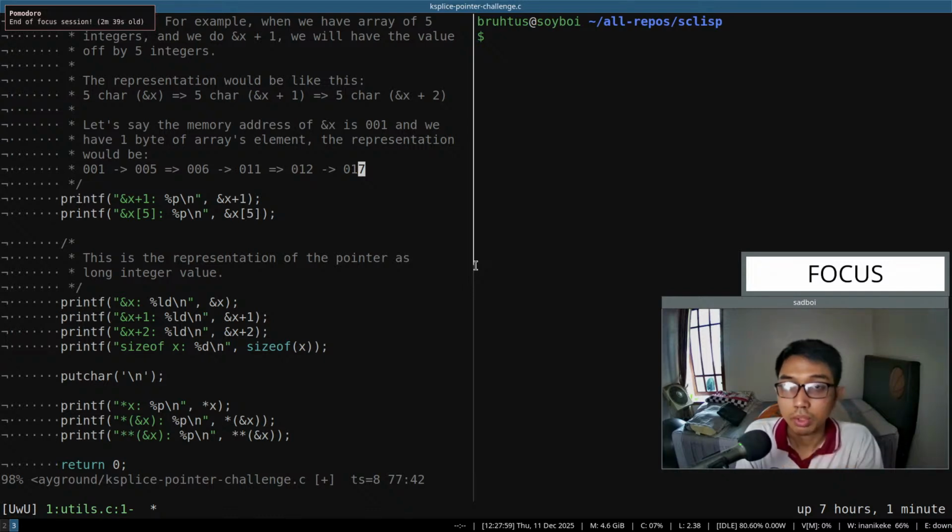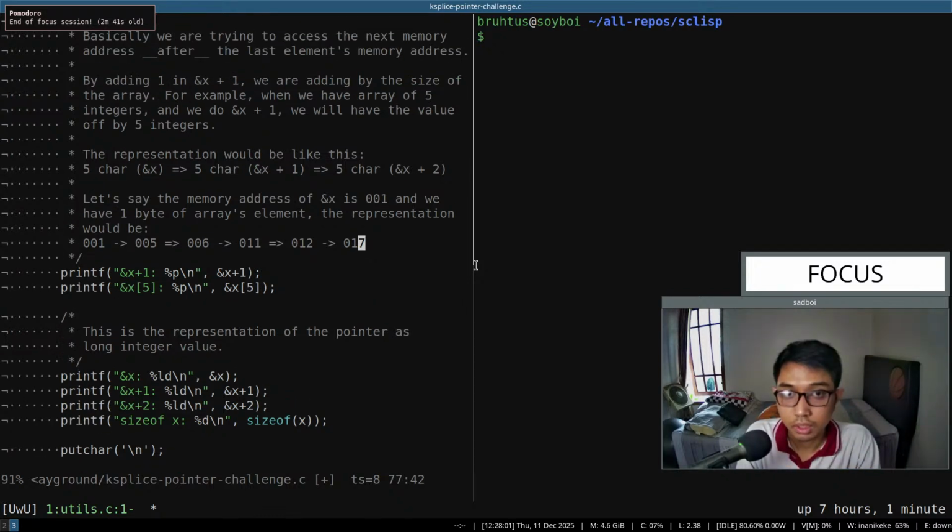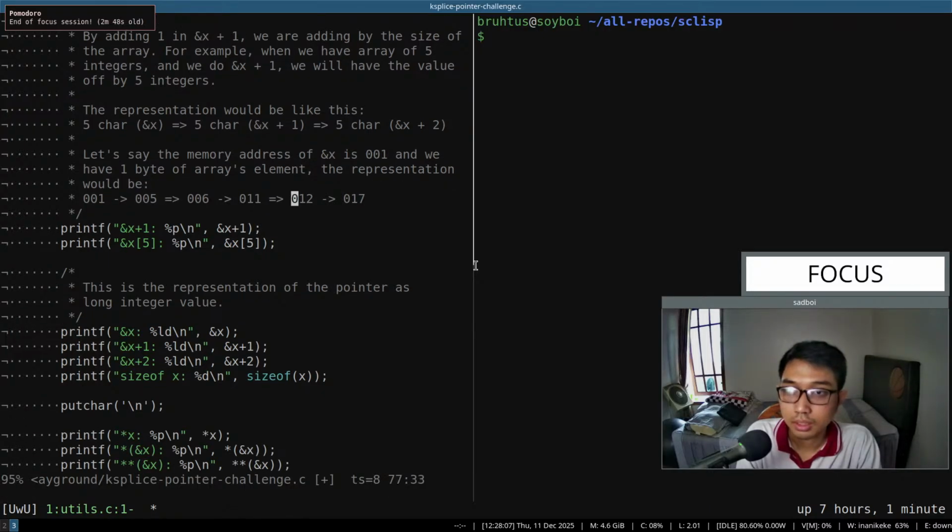I set the memory address off, and we have one byte of array element. 001 until 005, 006 until 011, 012 until